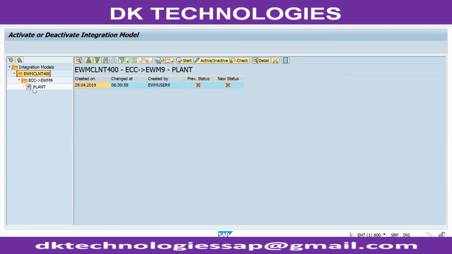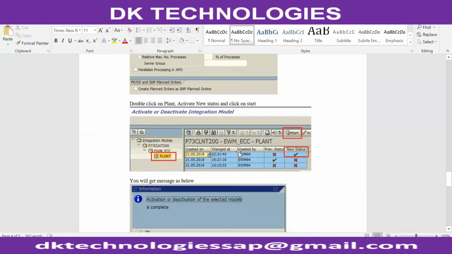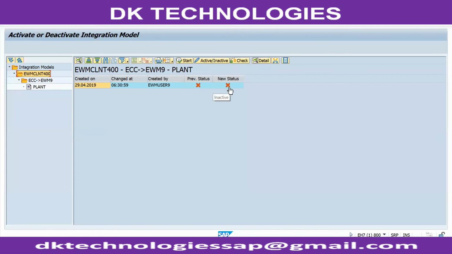It is taking the object as plant. This is the integration model. It is actually not yet sent to EWM. You just have to activate it here like this. Then it will get activated.